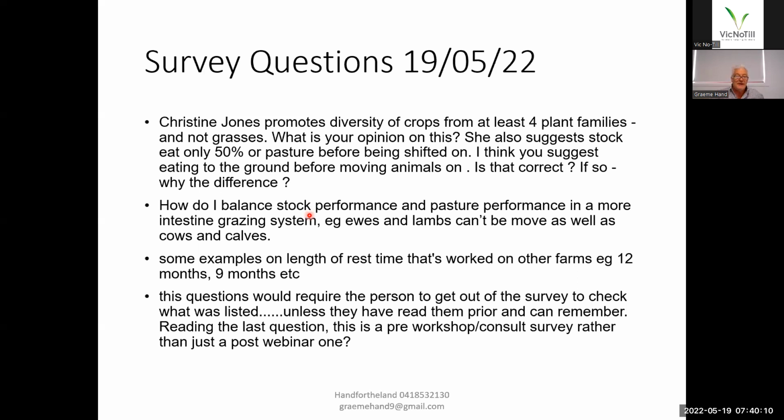But basically, there's been a decline in robustness of animals over time, and selecting using a lot of the data that we've been collecting has reduced their robustness. So yeah, I'd start where you are, like I said. But it can be done, and I use gut fills, dung scores, contentment scores, drinking scores, so that people can do that. And the key early warning is when people go out to their animals,